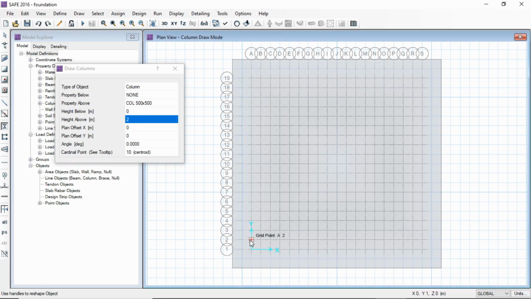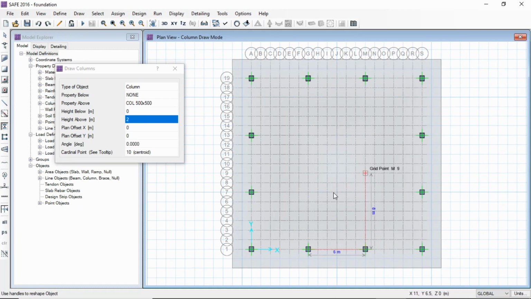Now we'll be drawing our columns with the help of the sign. So here you can see our columns were 6 meter apart from center to center. So using this length we'll draw our columns. So carefully draw all the columns.